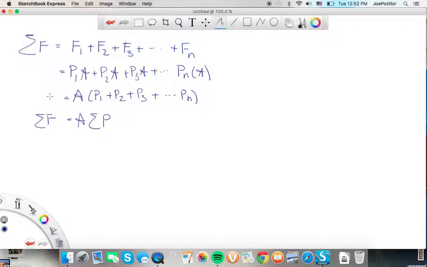And so this is another expression that we can say: the net force is equal to area times the sum of all pressures. Something like this, right? Add all the pressures together and add all the forces together. We can certainly find the sum of forces. Now, that said,